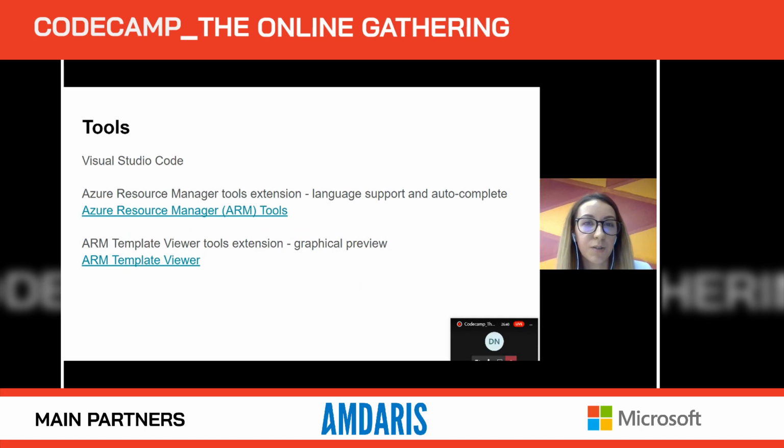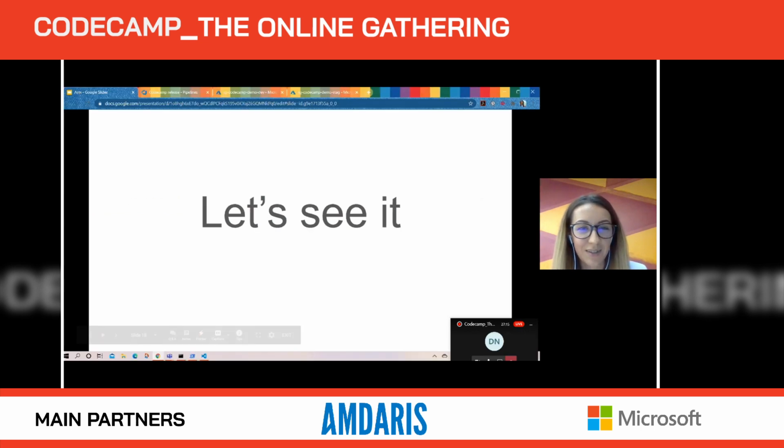About tools, we have some very good support from Visual Studio Code. It has an extension that has autocomplete, and it's very easy to edit the templates there. And there's also a very nice graphical extension that will compile somehow what you define. It will show it in a nice UI, so that it will be easier to understand. And now let's see it